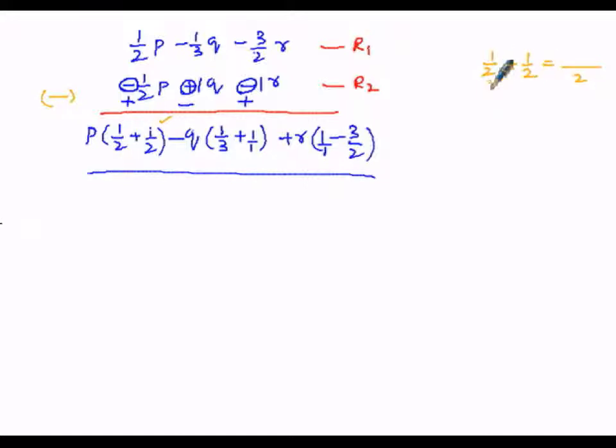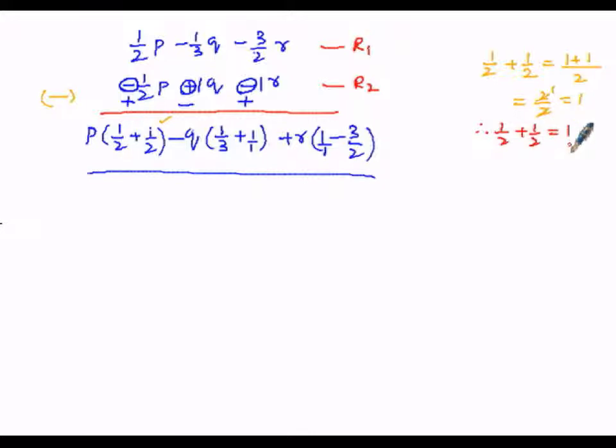2 and 2 get cancelled, the numerator will be 1, plus 2 and 2 get cancelled, the numerator will be 1. Then that equals 1 plus 1 is 2, divided by 2, which gets cancelled and gives 1. So instead of half plus half, we can write, therefore, half plus half is nothing but equal to 1.